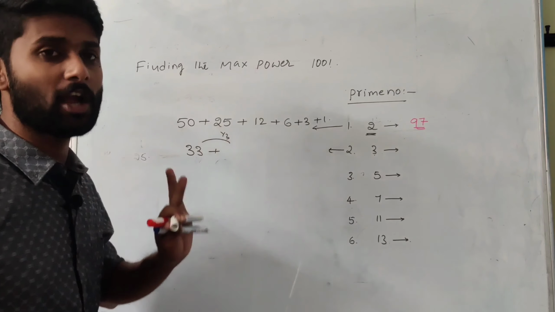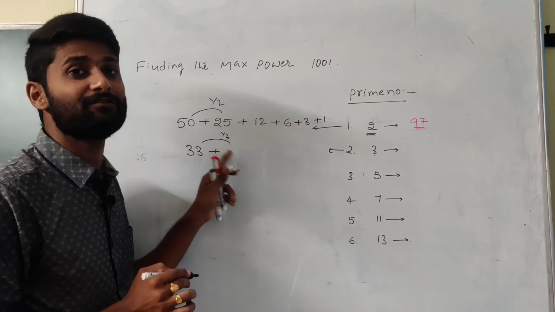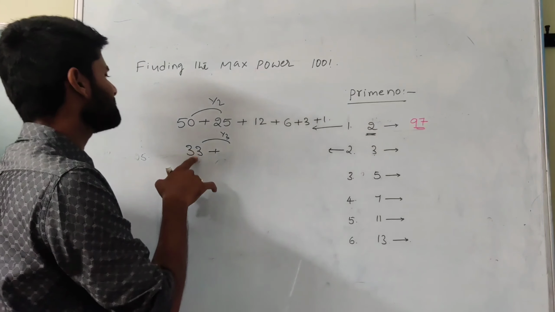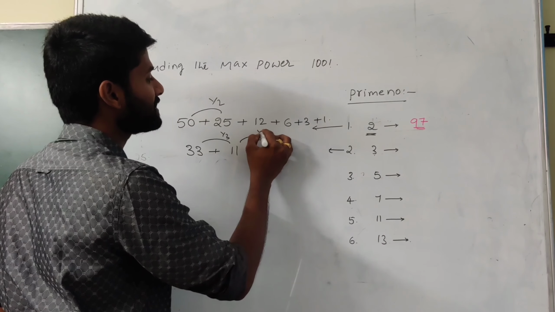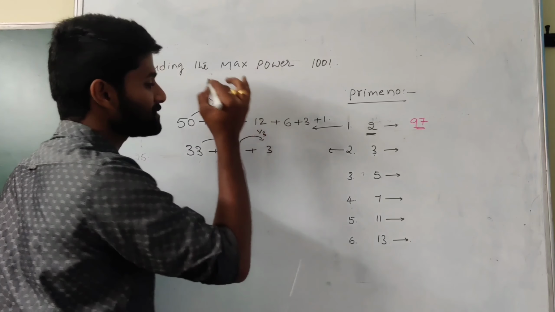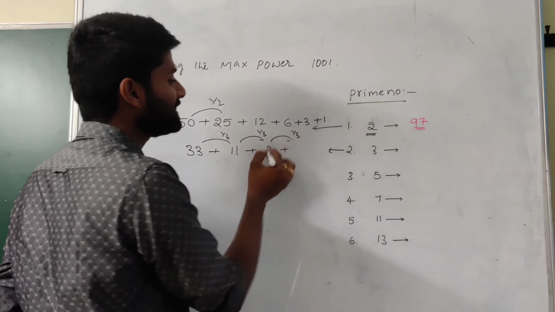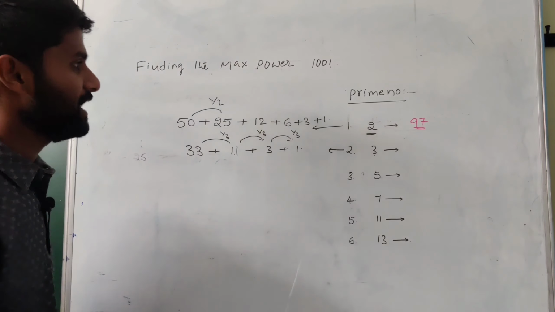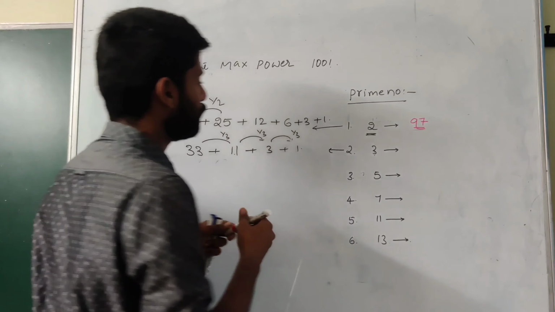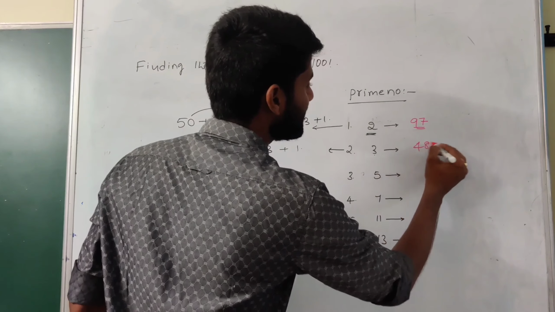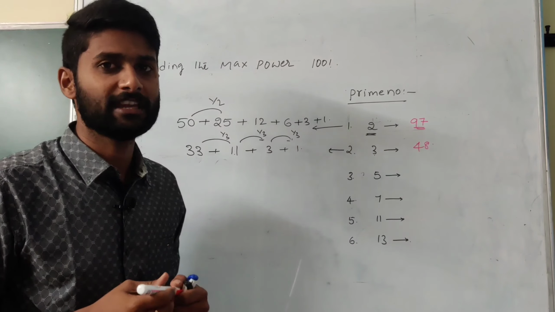See, 1/3, not a off. So in this cyclic we consider 1/3 of the previous value. So 33 by 3, the value becomes 11. And again 1/3 of the previous value: 11 by 3 is absolutely 3 times. And again 1/3 of the previous value: 3 by 3, the value becomes 1. If you add the entire numbers, 33, 11, 3 and 1, that is exactly equal to 48. So the maximum power of 3 in 100 factorial is 48.